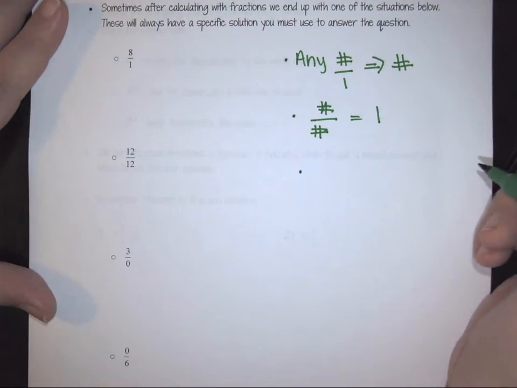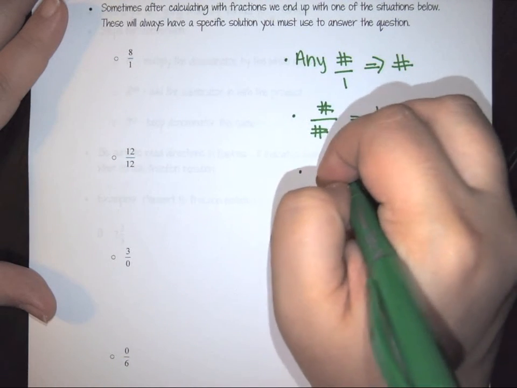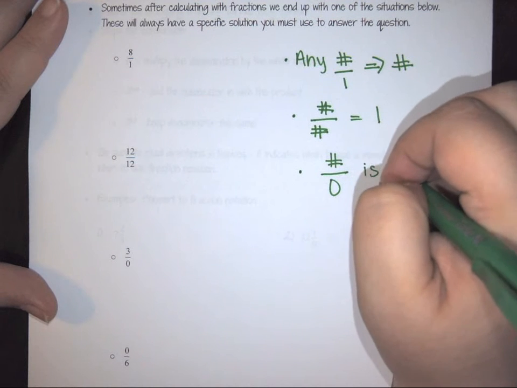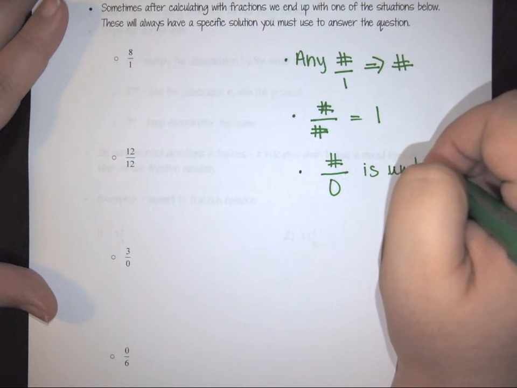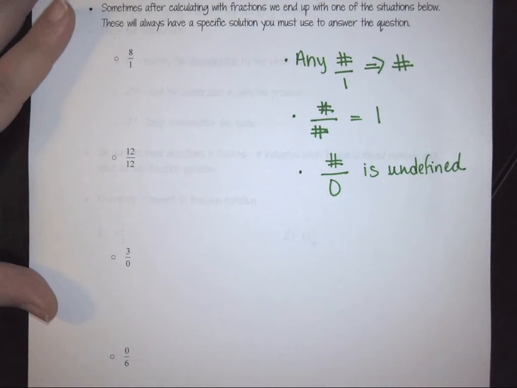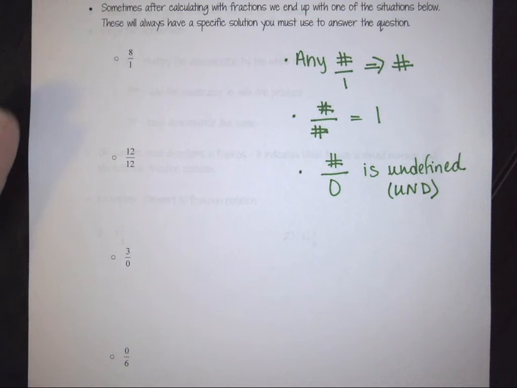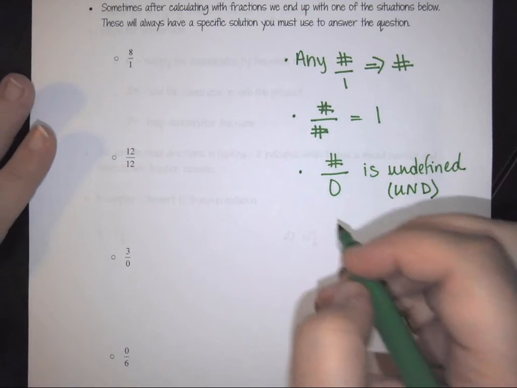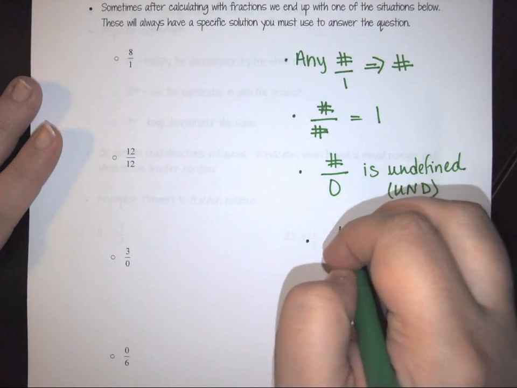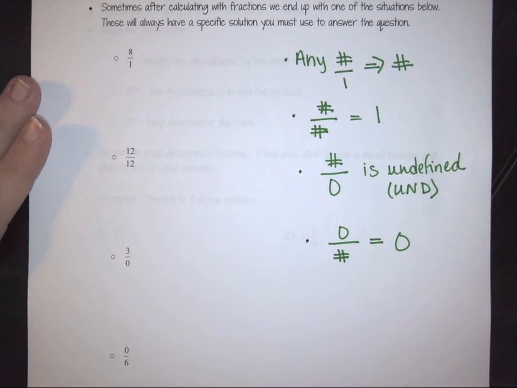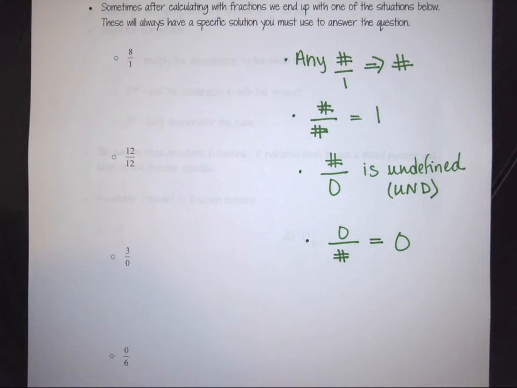The third thing we have to remember is that any number divided by 0 is undefined. Another way that we like to represent that is UND. And the last thing that we have to remember is that 0 over any number will always give 0 as a result. So these are kind of our 4 rules that we have to use or put in place when